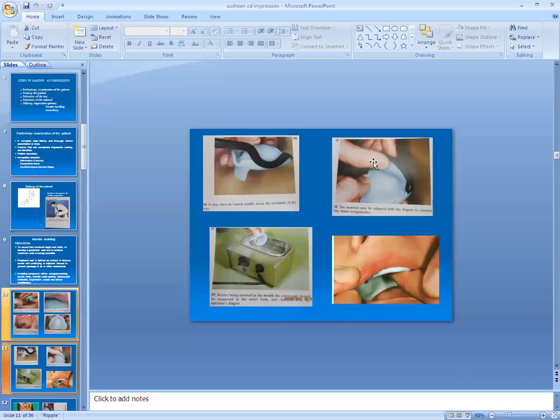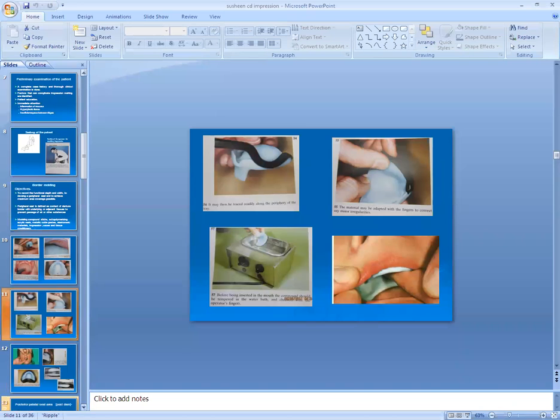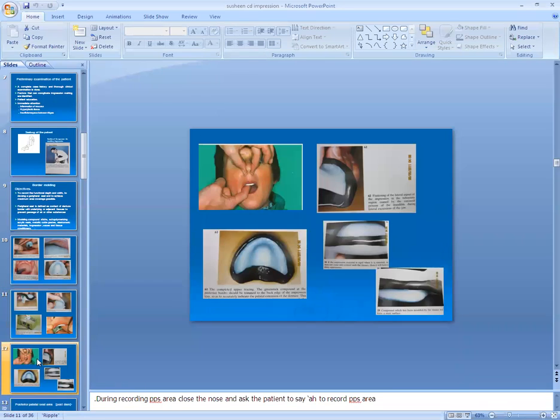Then molding the anterior area. What we have to record is the vestibule, in the green stick material. Again, that green stick is rolled over the Bunsen burner, applied over the labial flange, and dipped in warm water.